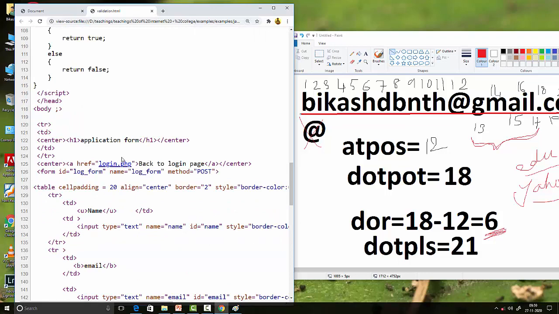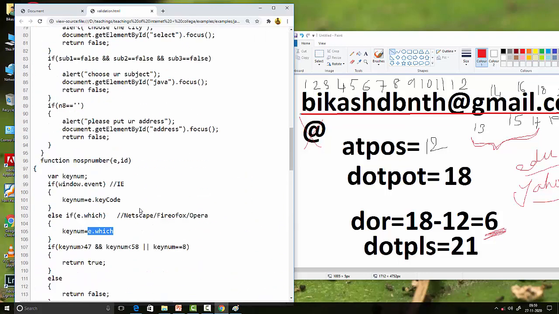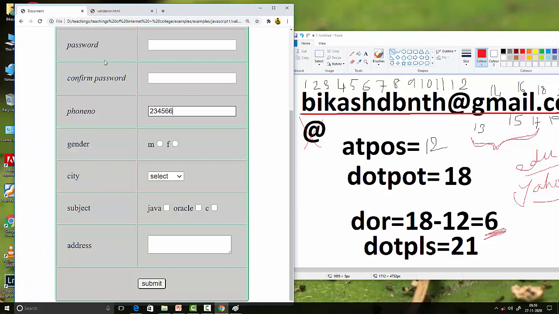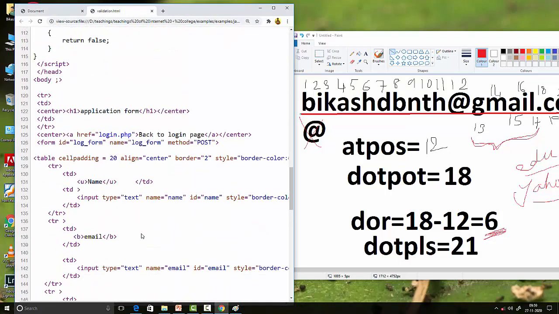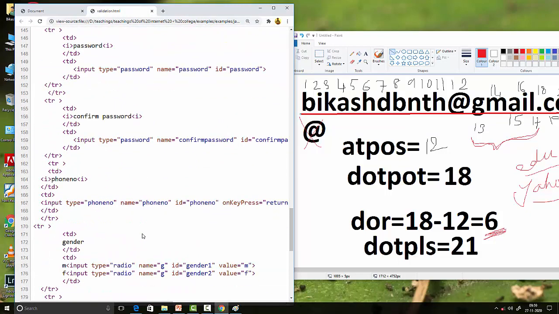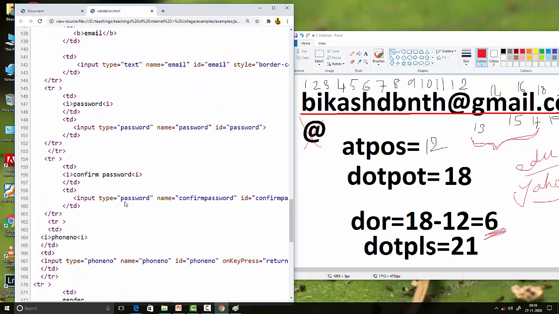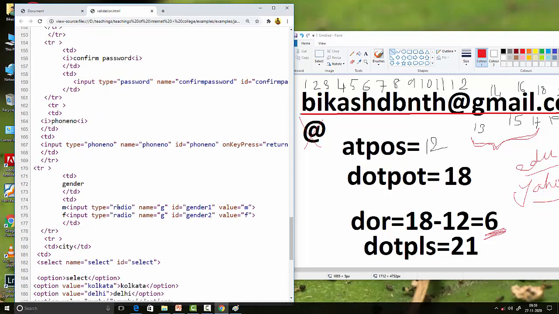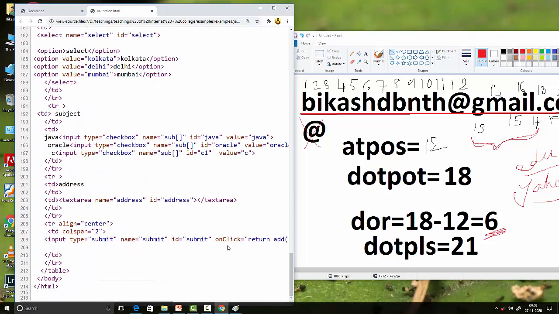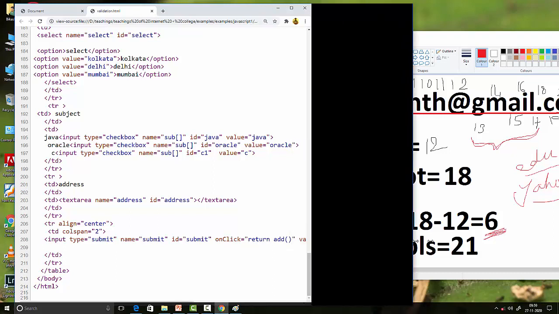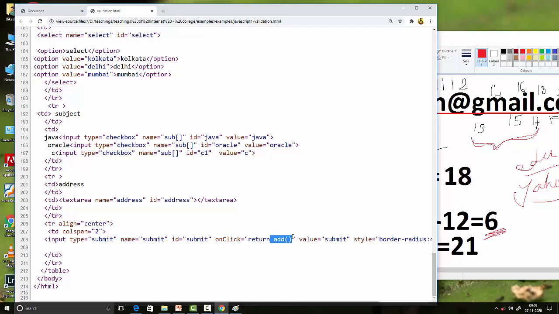So beforehand, before login, registration has to be done. This is a registration page and all these things are done, input types are given, and then we click on the submit button. As we click on the submit button, the add function is called here.